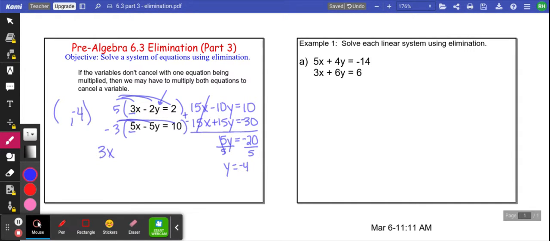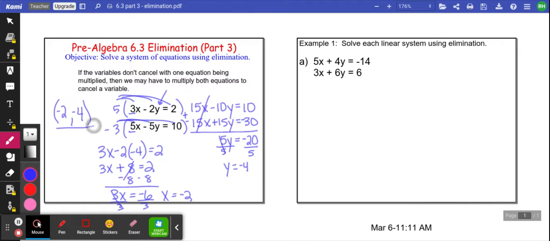So I have 3x minus 2 times negative 4 equals 2. 3x plus 8 equals 2. Negative times a negative. Subtract 8 from both sides, and we have 3x equals negative 6. Divide by 3, and x equals negative 6 divided by 3, so x equals negative 2. So my answer becomes negative 2, negative 4. And remember, same exact thing. If I were to graph it, they would intersect at negative 2, negative 4. Or if you were to substitute it in. Okay? All right, so